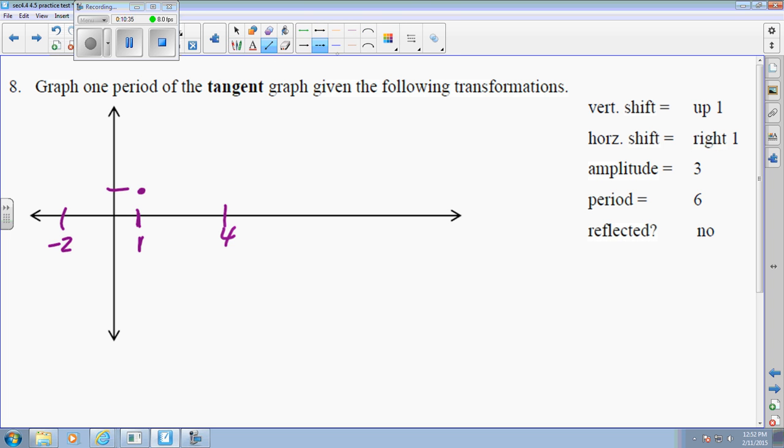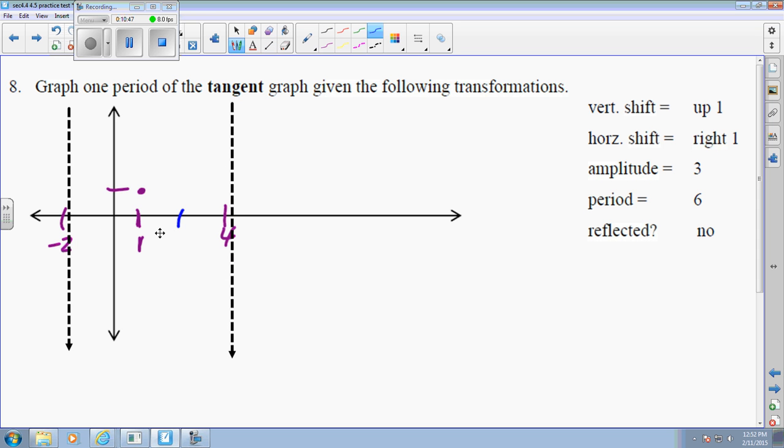We know that the tan is going to have an asymptote at the first and the 5th point, and we're going to be at the amplitude at the 2nd and the 4th. Halfway between 1 and -2 puts me at -0.5. Okay. So since my amplitude is 3, and this is the tan, it goes up from left to right, I'm going to be down here at -3 and up here at 3. I know that I'm going to be at this point. I'm going to be at this point